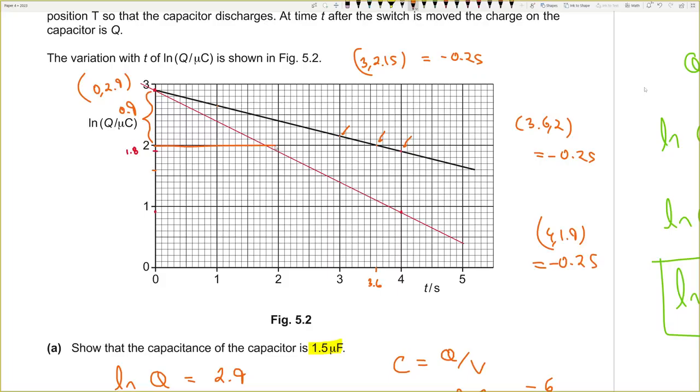So if you're at this point, before, there was a change of 0.9 for a value of time 3.6. The change is just going to be double now. So what's double of 0.9? It's 1.8. So what is 2.9 minus 1.8? It gives you a value of 1.1 instead. So rather than being at 2, you're going to be at 1.1 now, because the change has to be double,